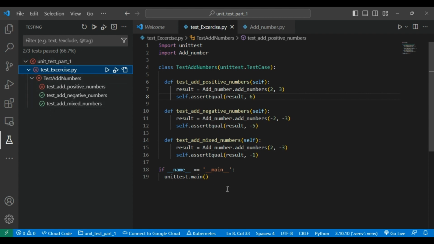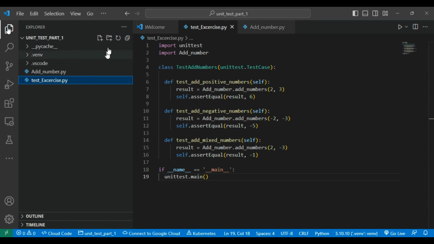In this way you can use it. Now we will quickly look at how to know all these assertions. So I will create a file, and there are multiple types of assertions. We will have examples of a few of them and then try to understand. So I'll put assertion_examples.py